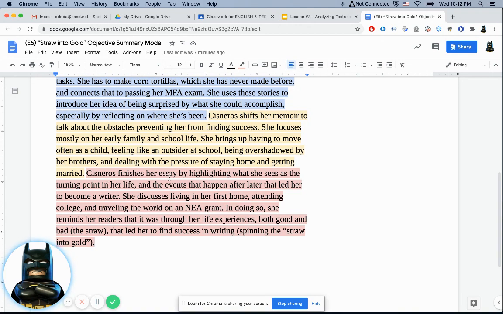Cisneros finishes her essay by highlighting what she sees as the turning point in her life and the events that happen after